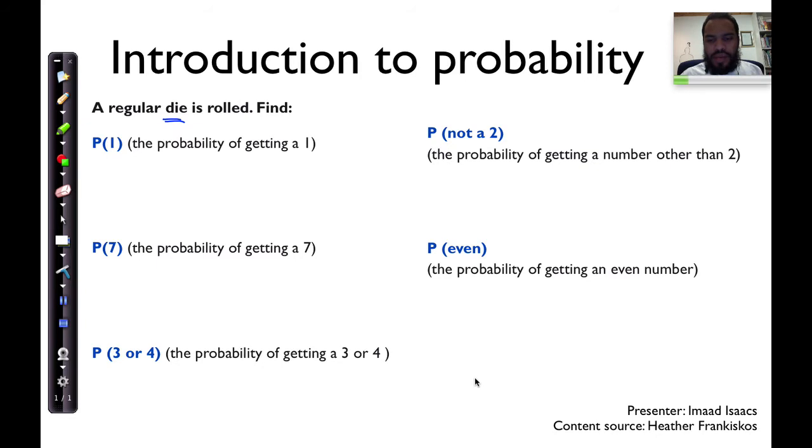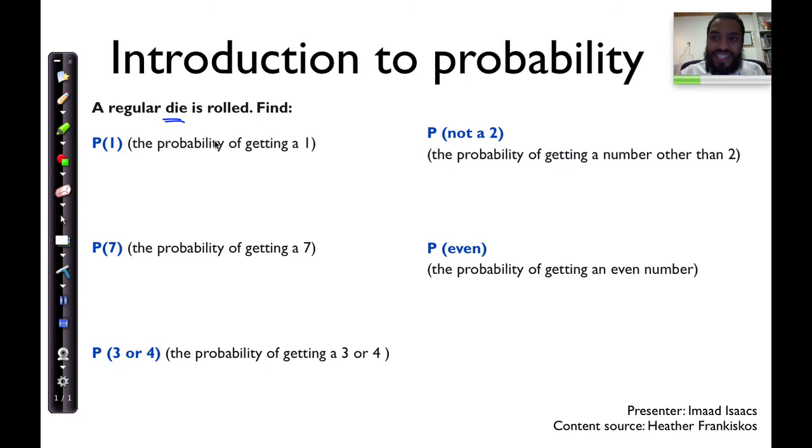A regular die that you roll has 6 faces because it's actually a cube, and on each face is a certain number of dots ranging from 1 to 6. So over here we say there are 6 possible outcomes. There are 6 things that could happen when you roll a die. You can get a 1, a 2, a 3, a 4,